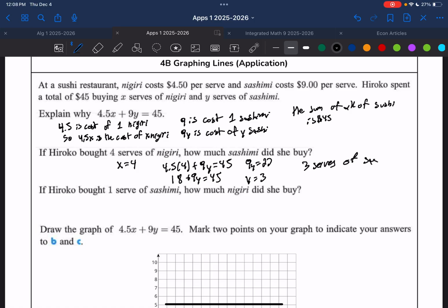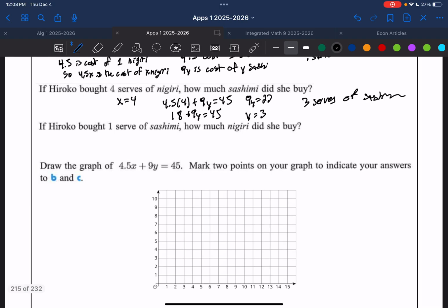of sashimi. All right. And if she bought 1 serve of sashimi, how much nigiri did she buy? Well, now we're going to let y equal 1, and once again use our equation. So 4.5x plus 9y, or 9 times 1, is equal to 45. Meaning 4.5x plus 9 is equal to 45. 4.5x is equal to 36. And if we divide both sides by 4.5, we get x is equal to 8. So 8 pieces of